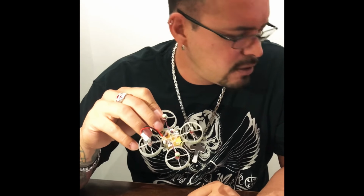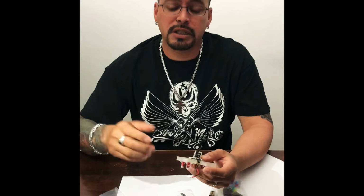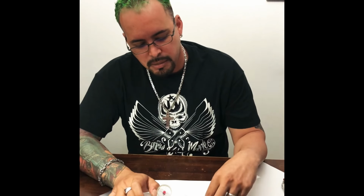Let me look at my little cheat sheet. They run 5,900 RPMs. They do got a purple edition where they run 6,800 RPMs, but I like the gold motors. So